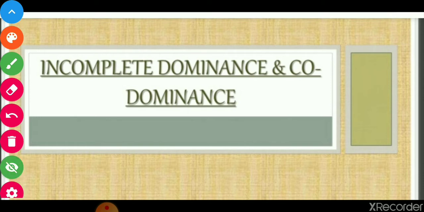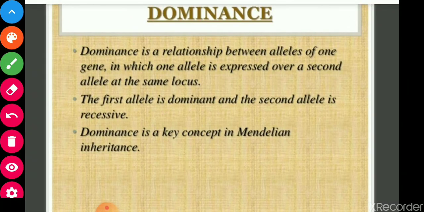So see here, incomplete dominance and codominance. In dominance, as you have seen in the previous video, dominance is a relationship between alleles of one gene in which one allele is expressed over a second allele at the same time. As you have seen in the pea plant height,